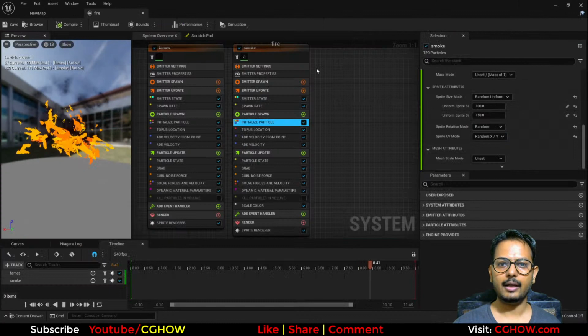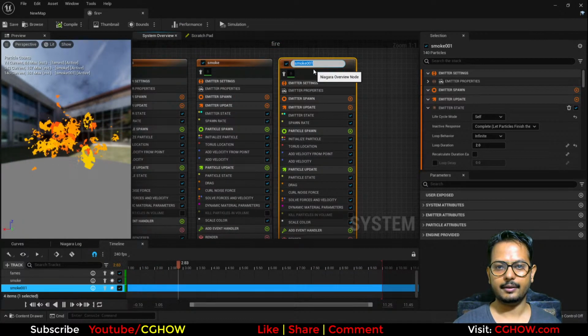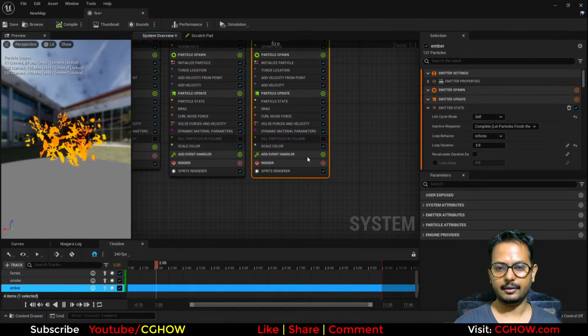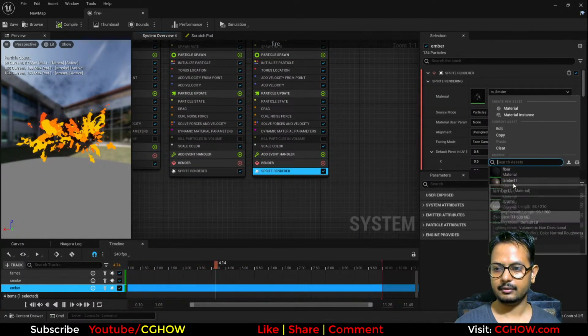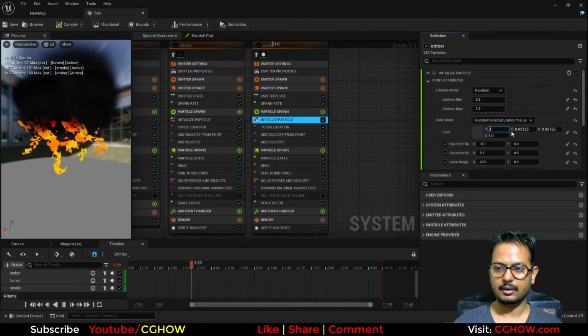And in fire I will duplicate this smoke and let's call it amber, and I will use that radial here and quickly make this glowy,